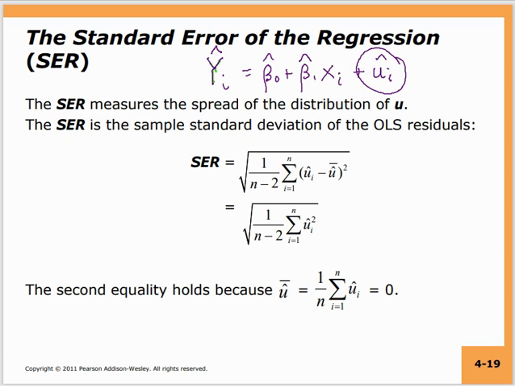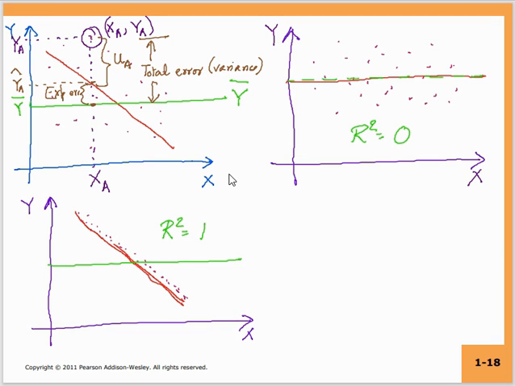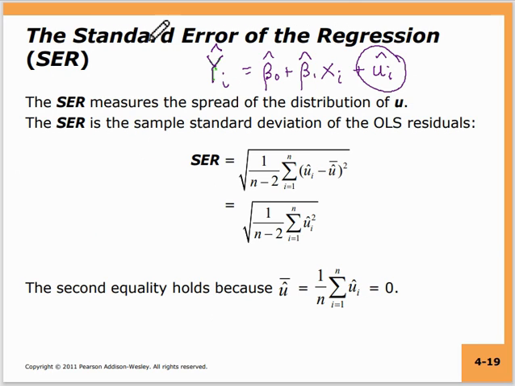So if you look at our previous example, for instance, in this particular case the error is quite large, but if you look at this particular data point, the error is small. So the error itself has a different variance, right? Some of the points are close to the regression line and some of the points are far from the regression line, and hence the magnitude of the errors itself changes. So this standard error of the regression basically captures the variance, or the standard deviation, of the error itself.